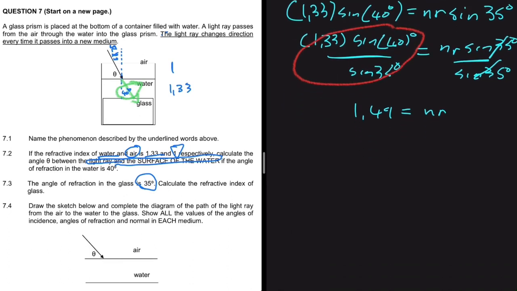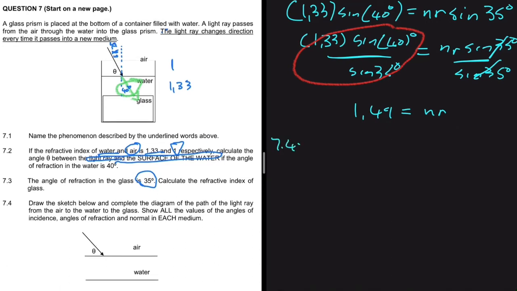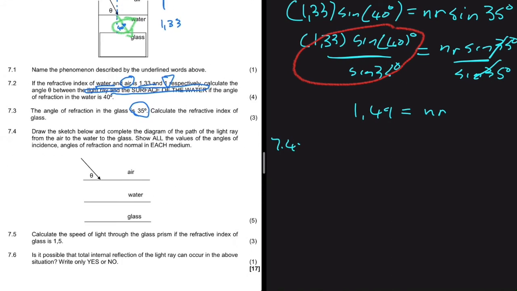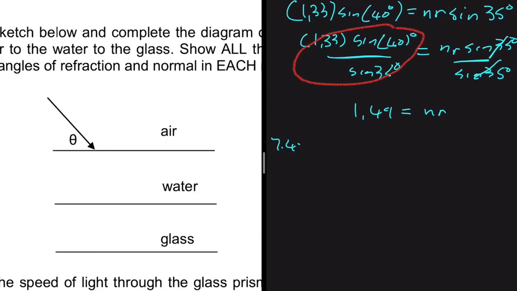Let's move to 7.4. So 7.4 is saying draw the sketch below and complete the diagram of the path of the light ray from the air to the water to the glass. Show all the values of the angles of incidence, angles of refraction, and the normal in each medium. So let's just do that real quick, right? So we calculated the angle of incidence on the air. The angle of incidence on the air is not this theta here, right? We calculate the angle of incidence relative to the normal that I'm just constructing right now, right? We said that that angle is